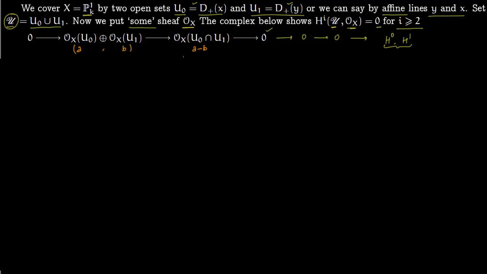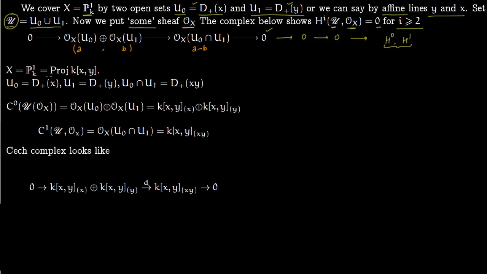Now we want to put two different sheaves. The first sheaf we put is the sheaf associated to k[x, y]. Again you can find this on page 76 of Hartshorne. So they are standard open sets, this and this. This means essentially homogeneous polynomials. And the intersection is D+(xy). So here x is not 0, here y is not 0, and here both x and y are not 0.